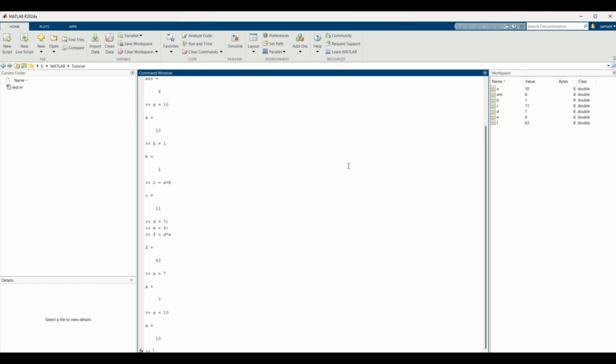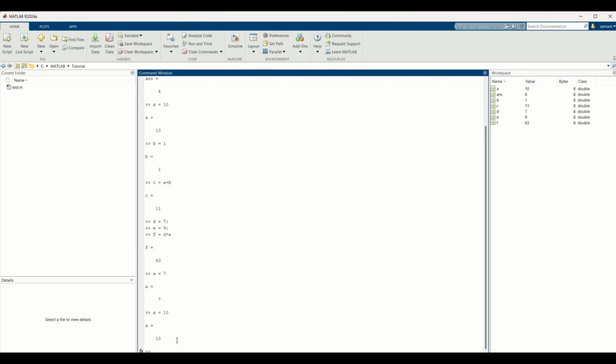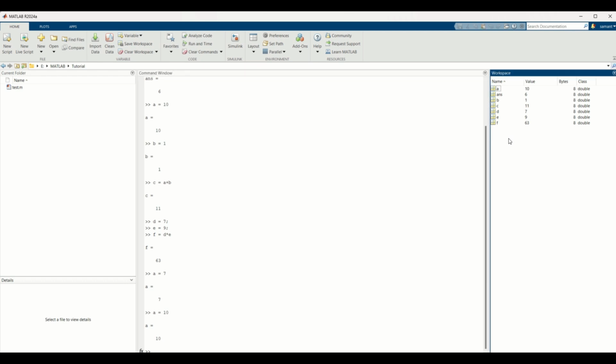Are our commands or the workspace variables that we created retained by MATLAB or are they lost? The answer is when we close MATLAB, all our commands and the variables are lost. There is no way to access our workspace variables once we close and reopen MATLAB.